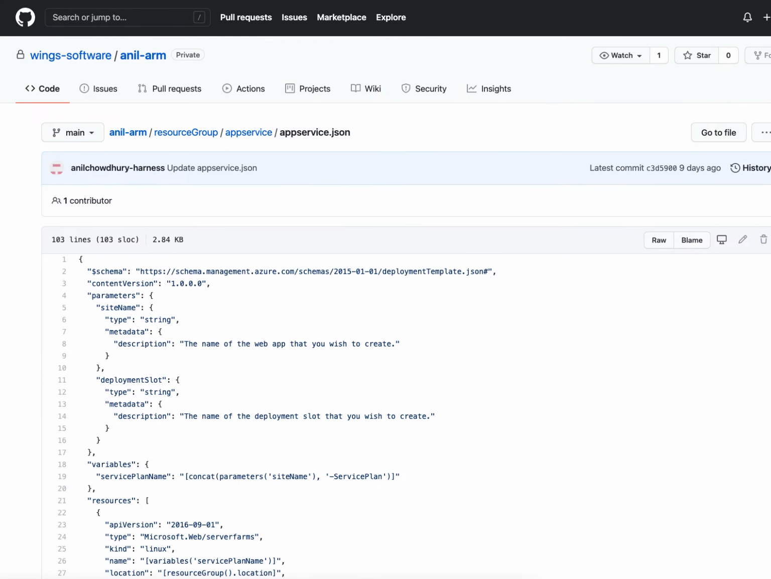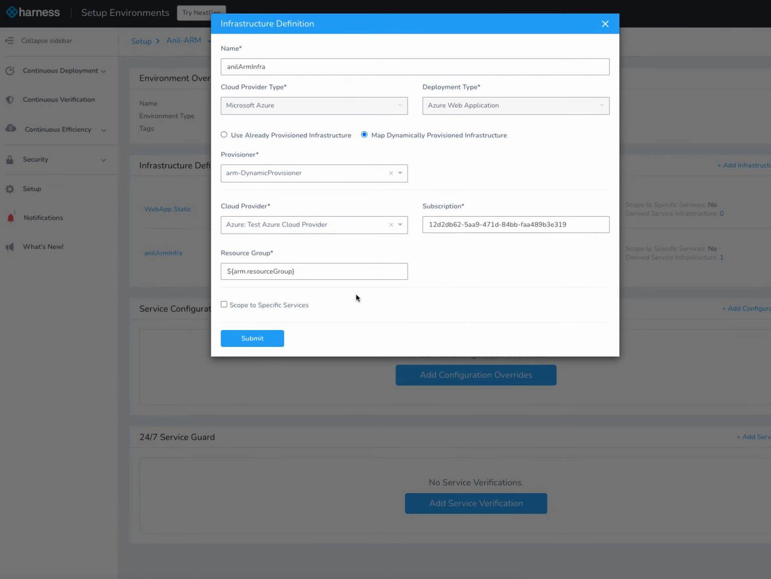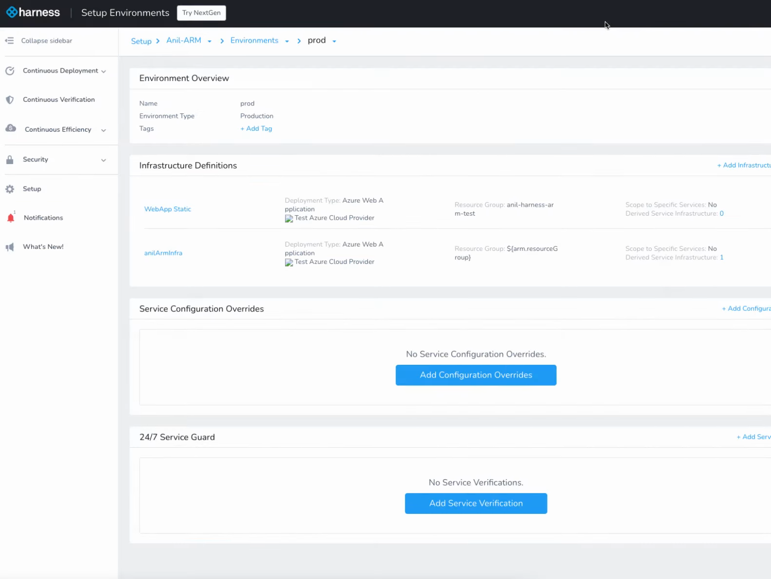If we go back to the template and scroll down to the bottom, you'll see these outputs. And here's the resource group output. This allows you to identify what resource group you want to use in the template. And then when you're building your infrastructure definition, you simply refer to it there. You don't have to hard code it here. You can use a different one each time. Now that we have this infrastructure definition, we can use it in a workflow and identify it as the target